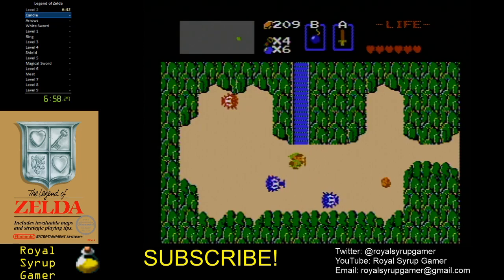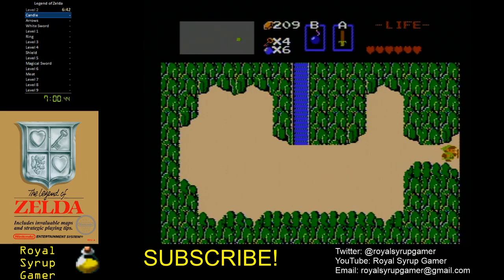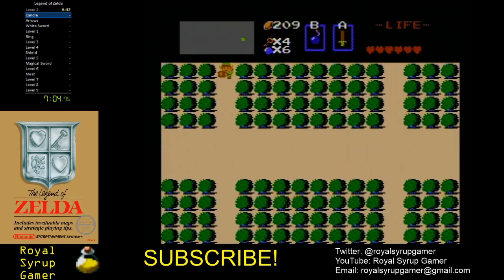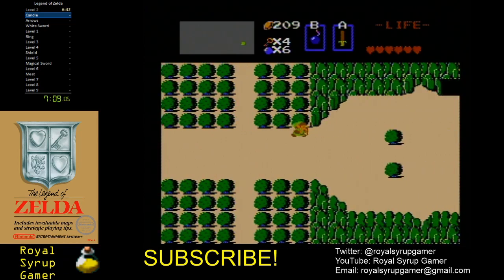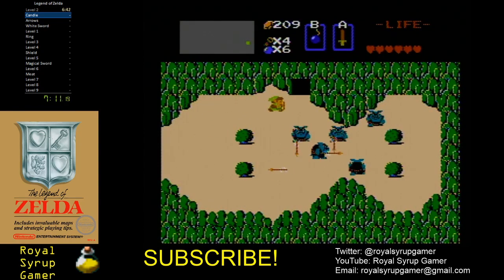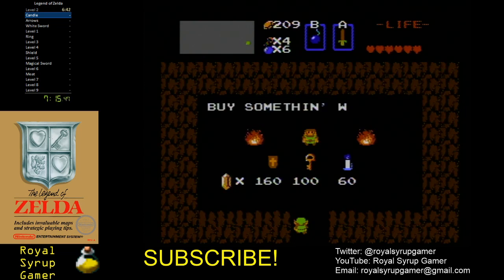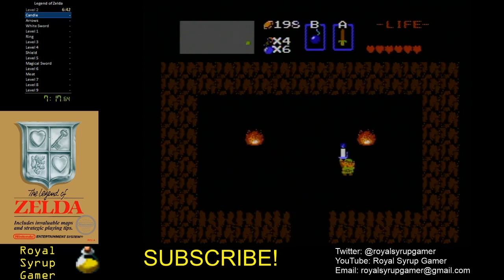So I figure out where the candle is. There's just a shop right around the corner here with the candles. And I have enough money for the candles and the arrows. But I can't remember where the arrows are. I know there's another location that has a shop right around the corner with cheap arrows, but I can't remember